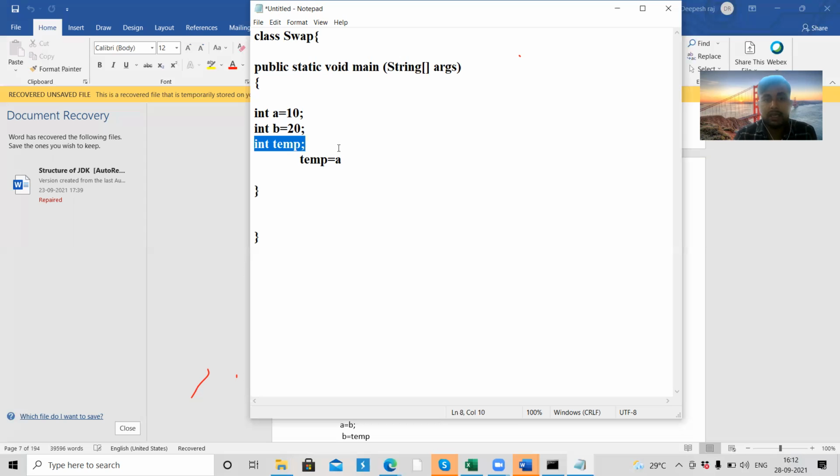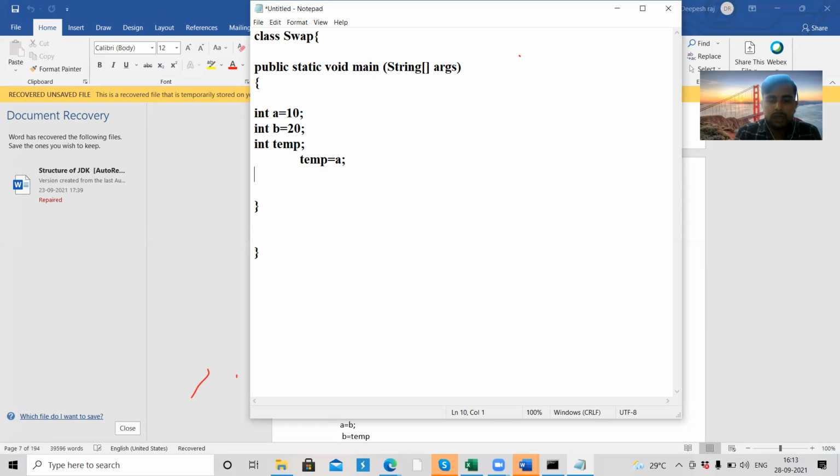I have not assigned any value to this variable temp, so basically we call it a temporary variable. a's value is 10, and it will assign the same value to temp also, so a is 10 and temp is also 10.